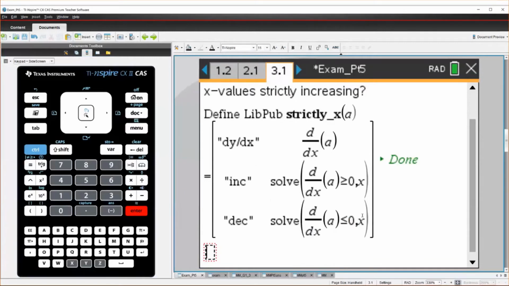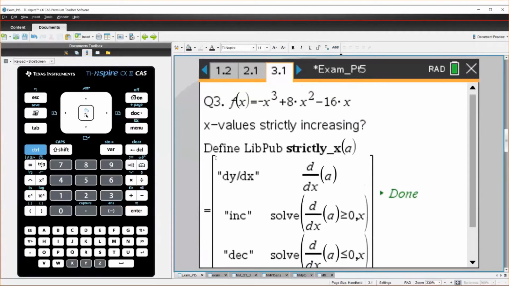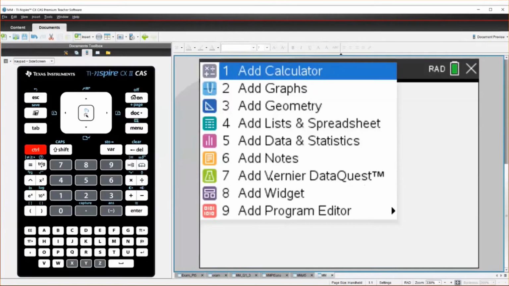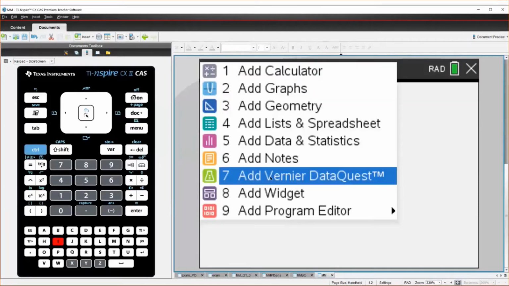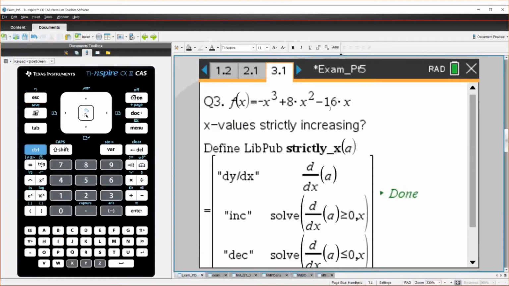The next thing that we'd want to do, now just note that in this, what I actually did was I did it in my exam part 5 file rather than my file that was here. So if you do this on the software, it's a good way that you can do these things: if I press escape, it comes up with a menu. I go back to my other file at the bottom, and I can go through and click that orange line that's up there